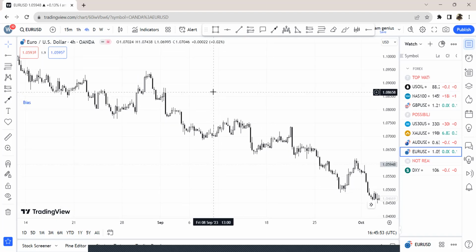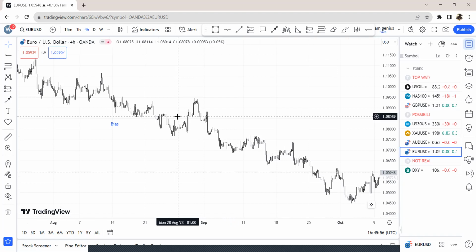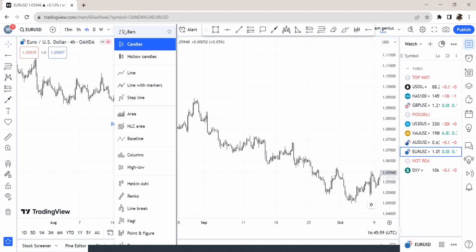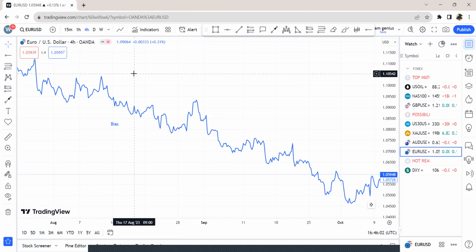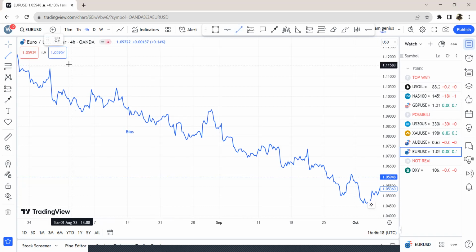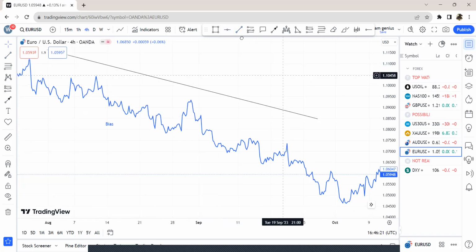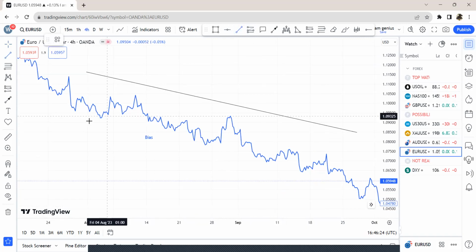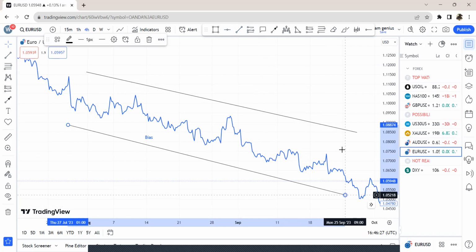Now, the next thing you want to do is put the market in perspective. Putting the market in perspective just means you want to zoom out a little bit like this. Then you want to change the candles to a line chart. Once you change it to a line chart, you want to get the highest points the market has gone on this upward side, and you also want to do the same for the bottom part. You want to just get the points which are furthest from the market, but those points should be sufficient enough. Previously, I had